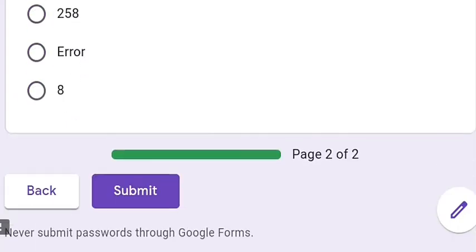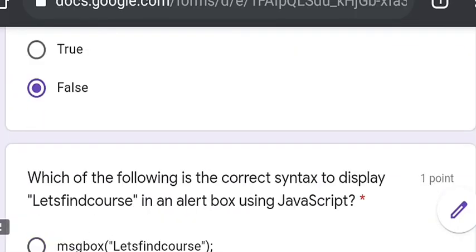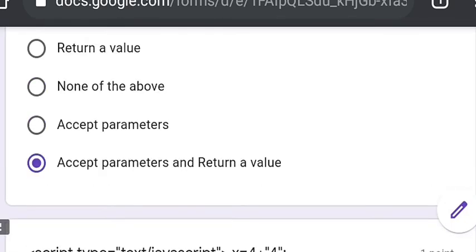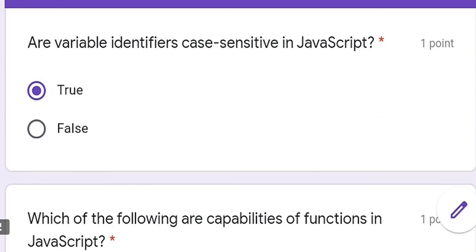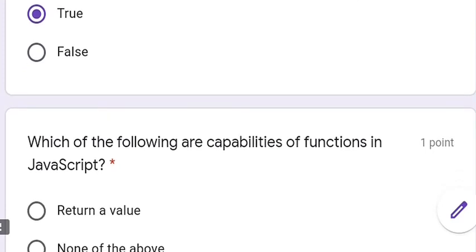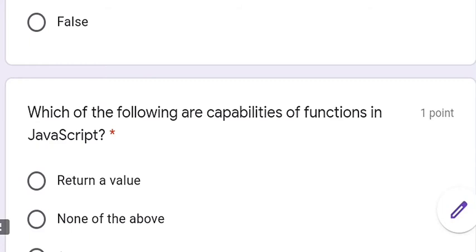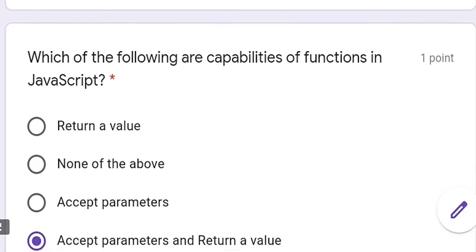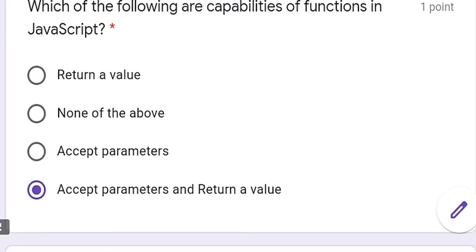Okay, so those are the right answers of the questions. We revise one more time. First, are variable identifiers case sensitive? Yes, true. Which of the following are capabilities of the function in JavaScript? Accept parameter and return a value.